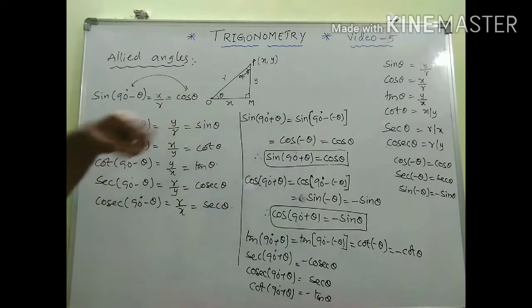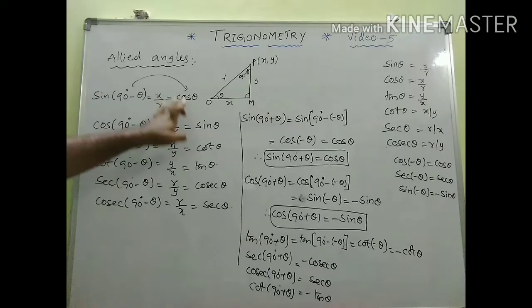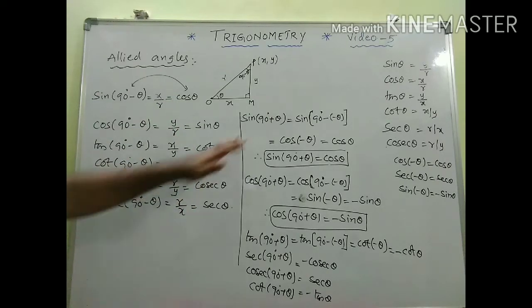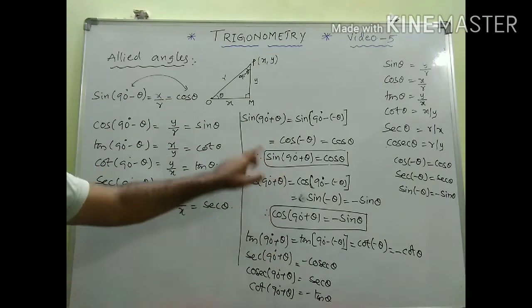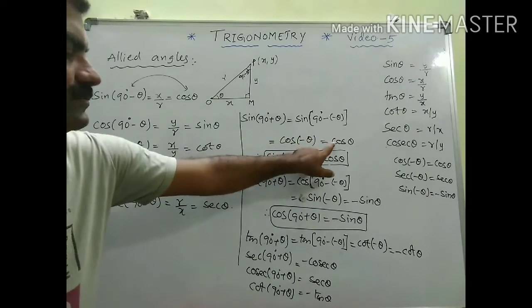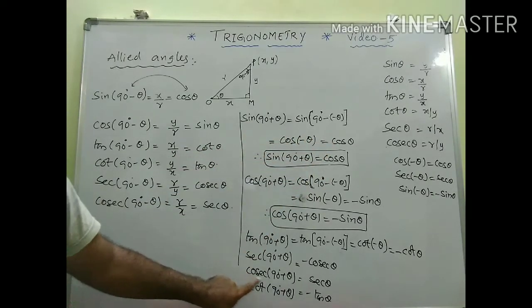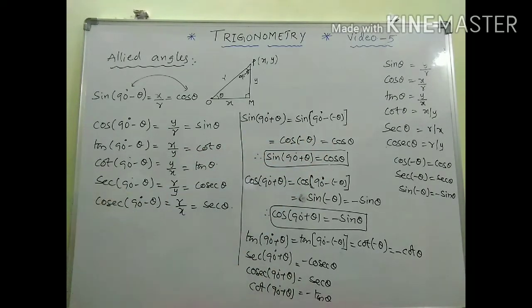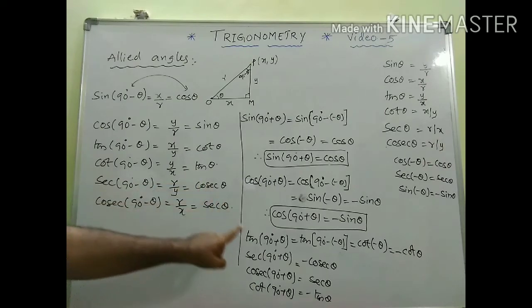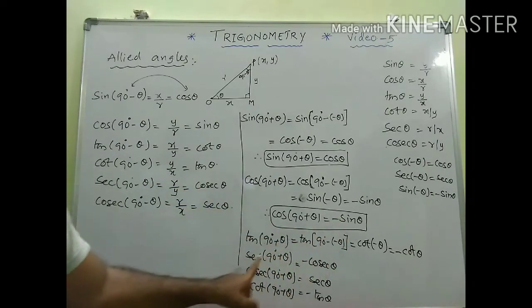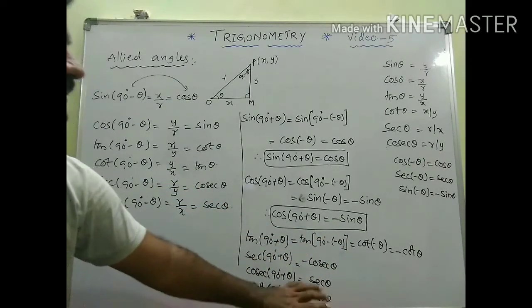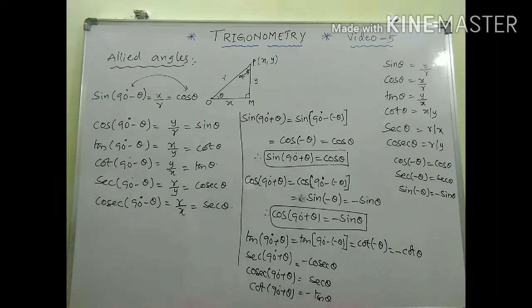Secondary is the sign, regarding whether it is plus or minus. In this case, no doubt all are pluses. But in this case, only sine is positive, and cosecant is positive. Rest of them are negative. Here also tan changes into cot, cot changes into tan. Even here also tan changes into cot and cot changes into tan. So changes are the same.